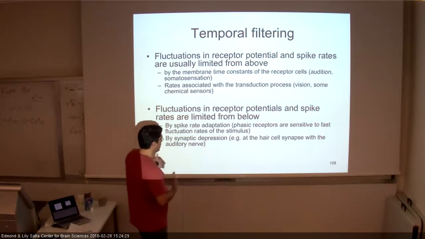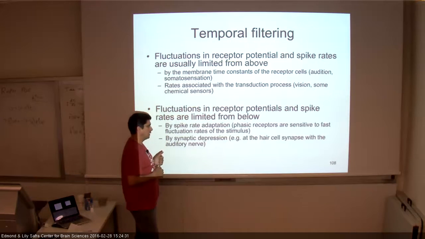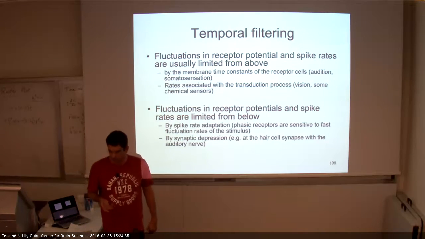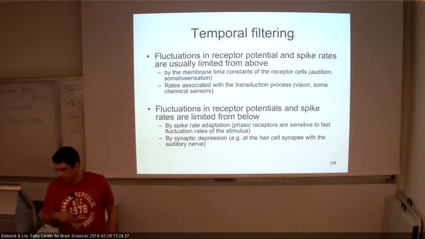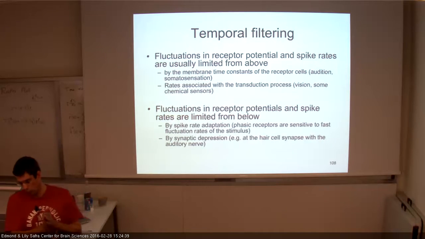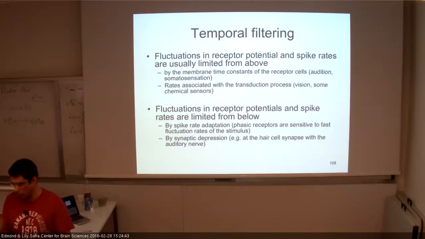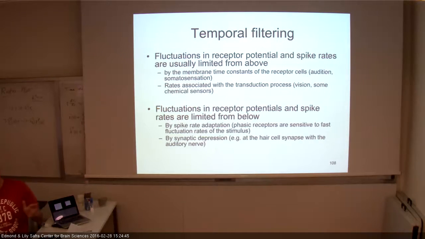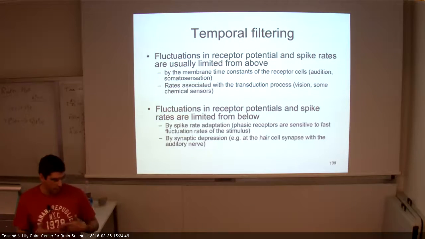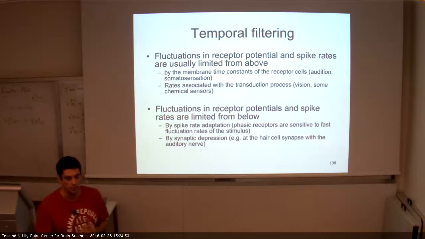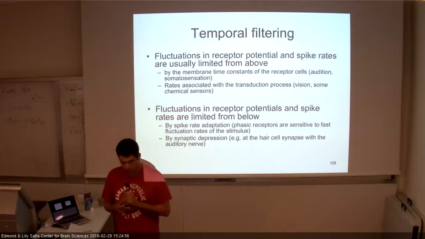And there are also other limitations, things like adaptation, synaptic depressions, and other events that do not allow us, we can be as fast as this, but we cannot go as fast for a long time. Okay, things like adaptation and depression will limit our resources to go fast. Yeah. So it sounds, intuitively